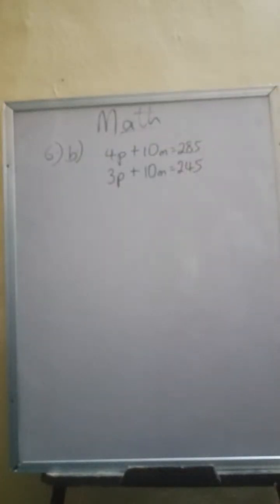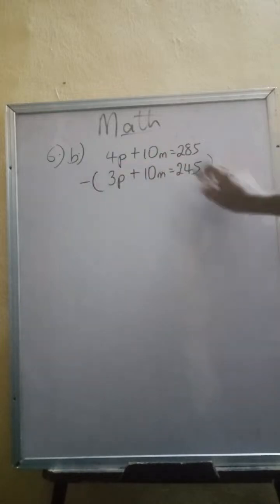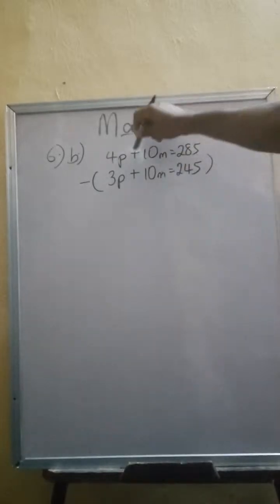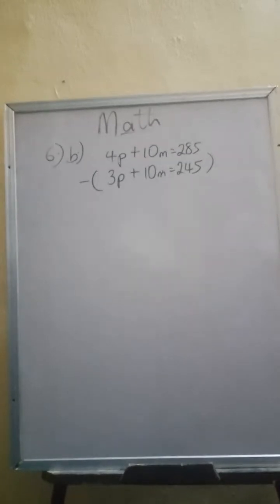Now these are simultaneous equations, and we have various methods in solving simultaneous equations. We have the Cramer's rule, which is the determinant method. We have elimination method and the substitution method. Now in this case, I would prefer to use the elimination method. And the reason is because we have 10 as a coefficient of m in both. And so just simply subtract if that's the case. And more so if their signs are the same. If the signs were different, then addition would get us to